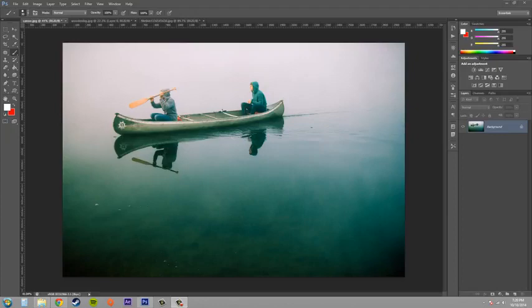My name is Buddy Blackford, and today we're going to learn how to create a channel mask from scratch. Now, say you're working with an image like this one here, and you need to create a channel mask out of just the people in the canoe, and the canoe as well. Well, when you go to try to make a selection,